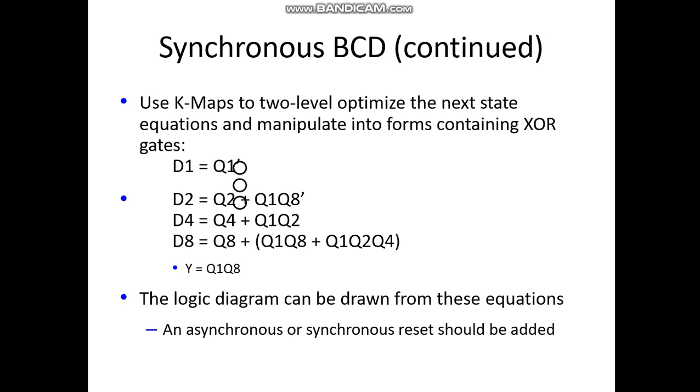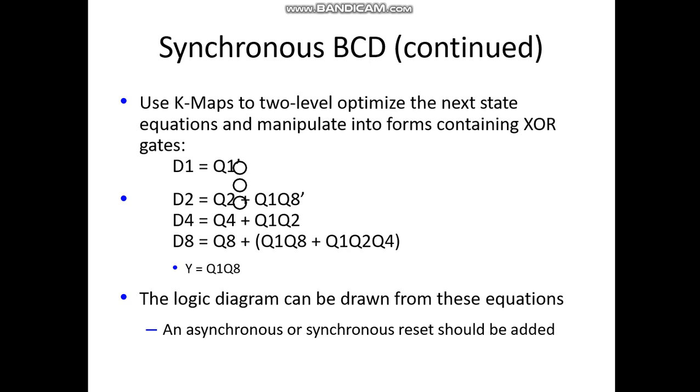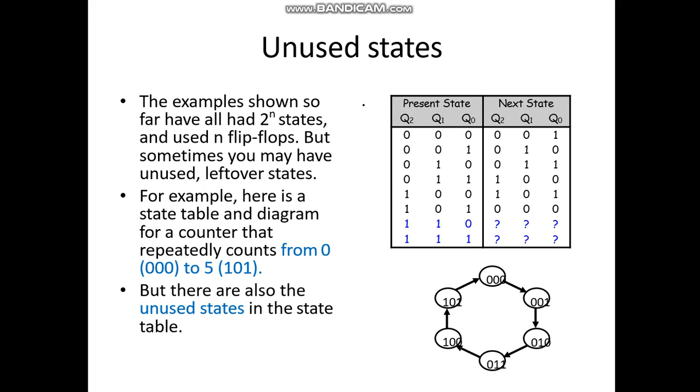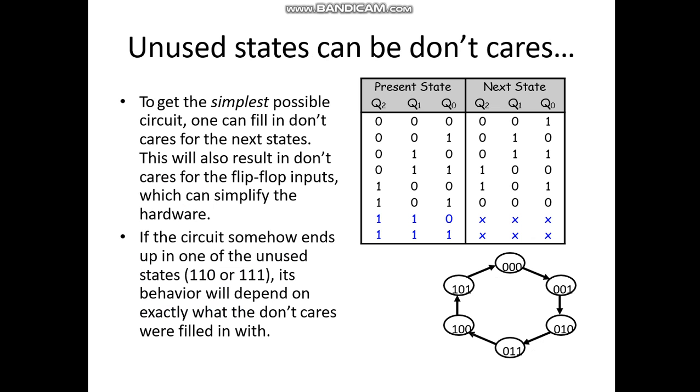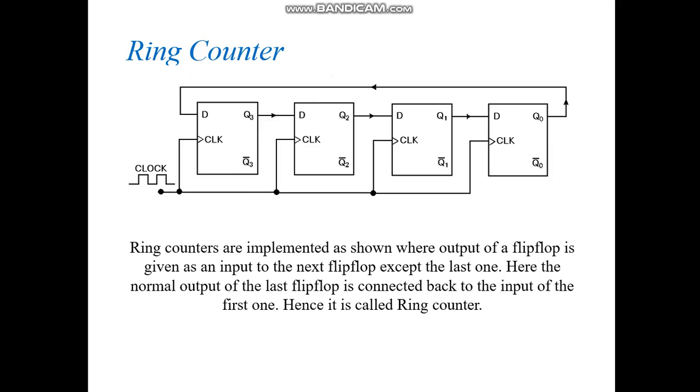First you need to define the values. Okay, first you need to know the K-map definition. Using K-map we can define the value, that is for Q8, D8 means it will be having some value. First you have to define the values, then you have to define the present state and next state, then you have to define the unused states. So like that you have to define the don't care also, then other possibilities and this process. Okay, so these are the considerations we need to define.